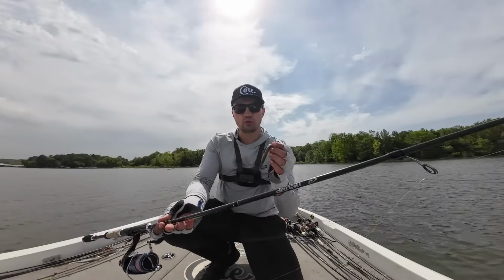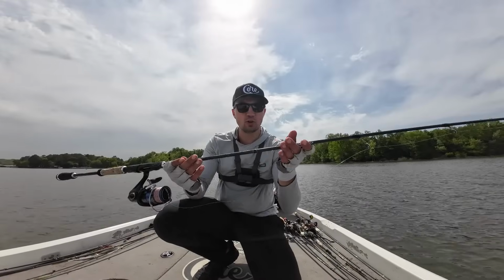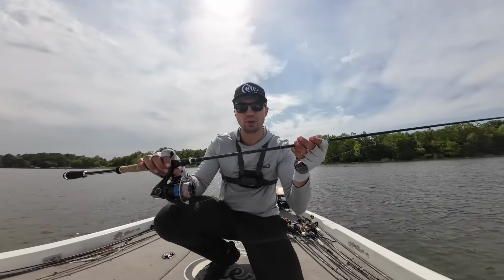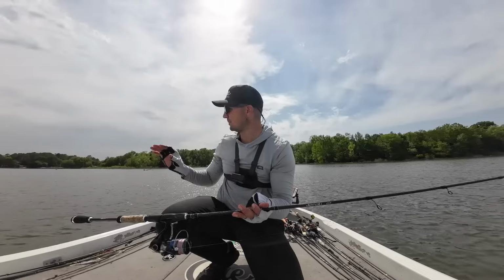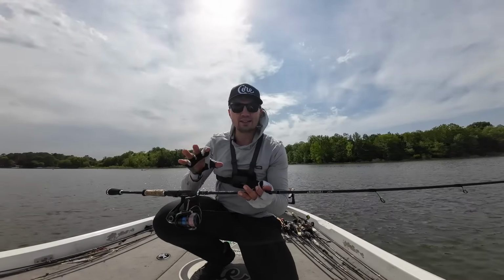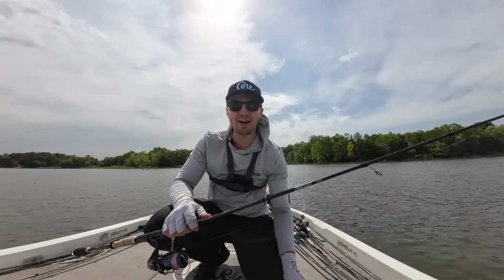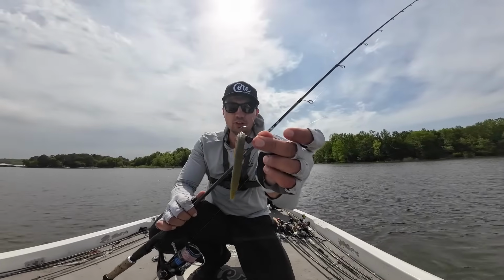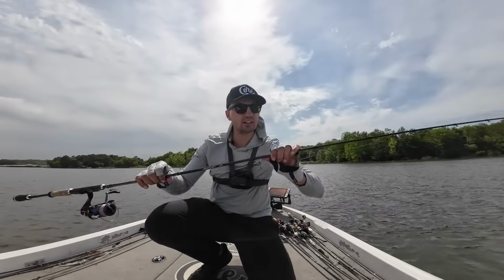And for my gear with this Wacky shot, I'm pairing it on a little bit longer rod. This is Denali Lithium Pro 7'4" medium heavy power spinning rod. It helps me cast that bait a little bit further here offshore and set the hook on those fish, and most of the time it'll drive the hook home pretty good. That hook on that weedless Wacky shot is a really good solid hook, so you want a little bit longer,